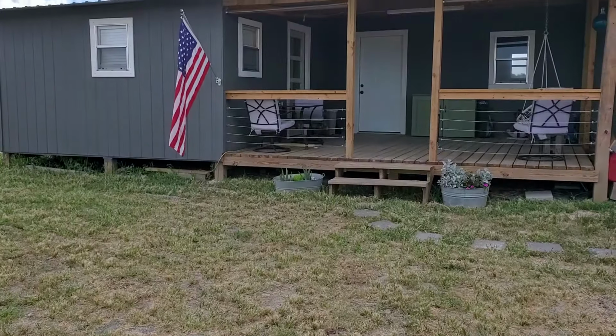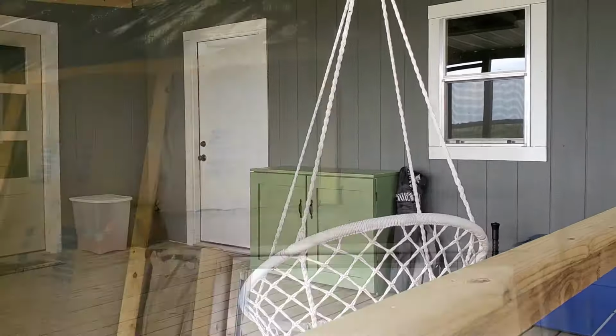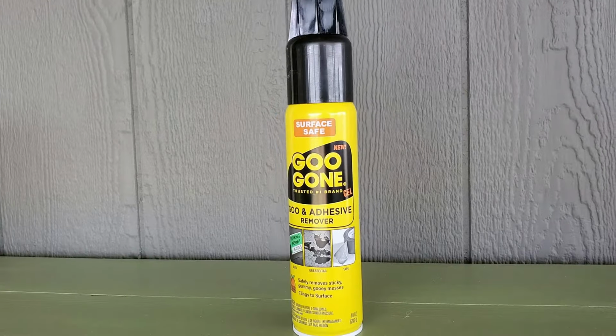We live out in the country, and my husband is building us a small house. He took the sticker off this window after he installed it, and as you can see, some of the sticker